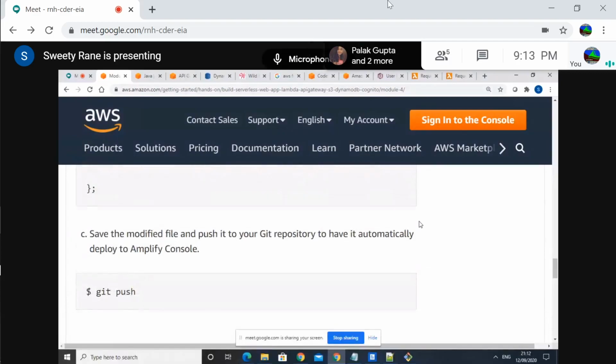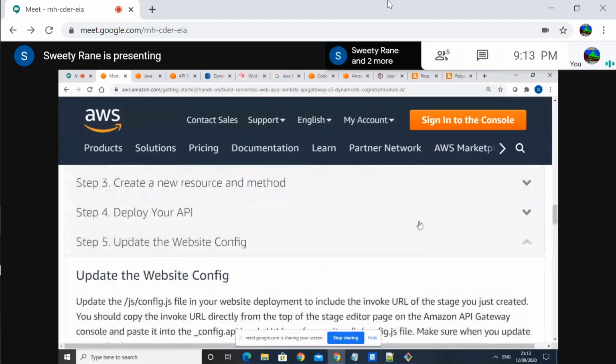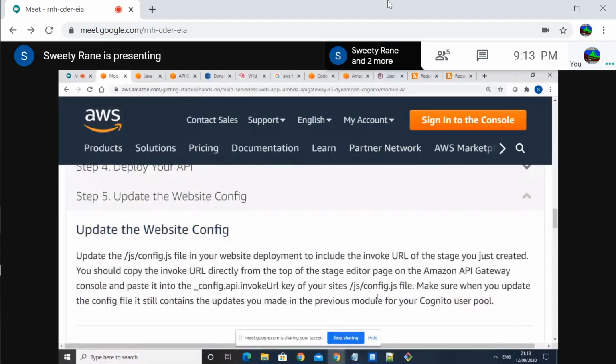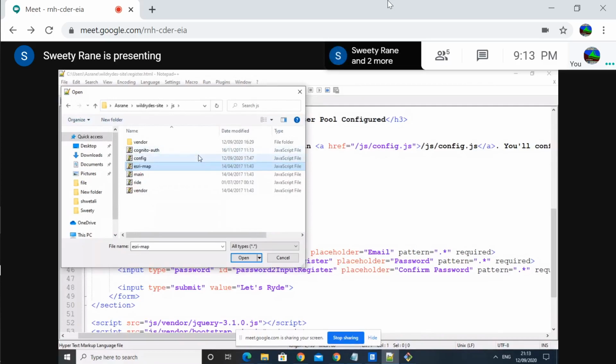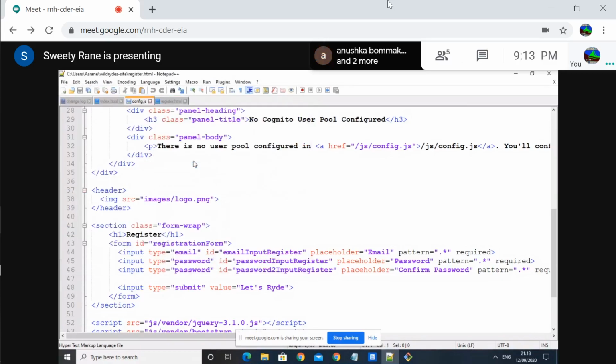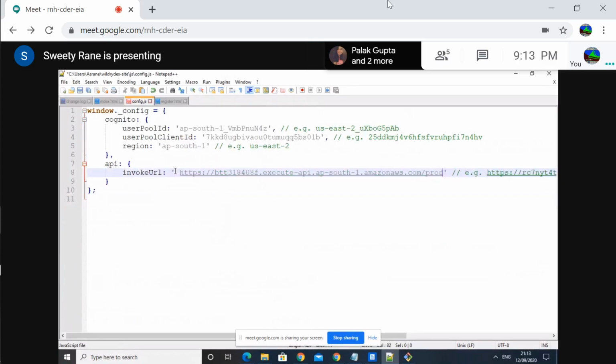Yeah, so I think you have to go back to your Notepad++, open config.js and put that URL over there. Yeah, it's already open, I think, no? Config.js. That URL is empty quotes, no? Nothing is inside. So in that you put your URL.